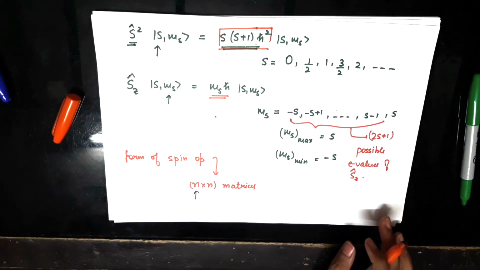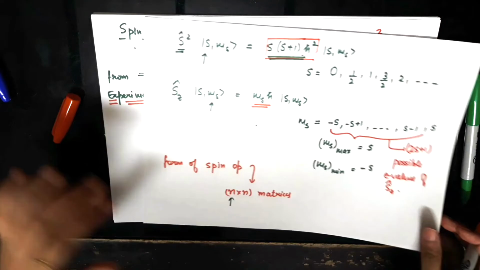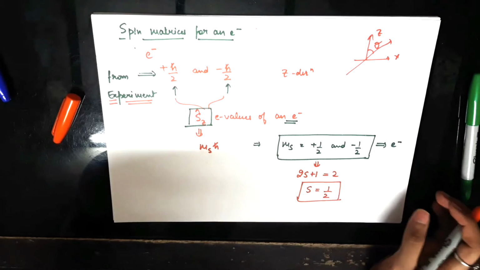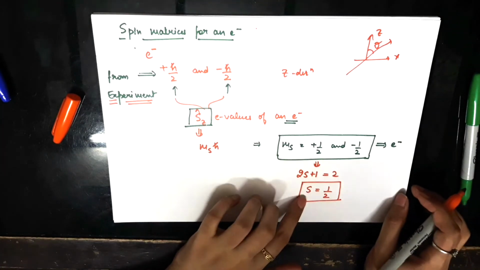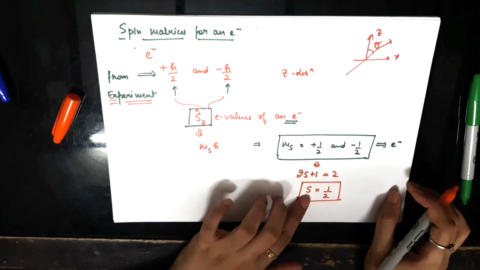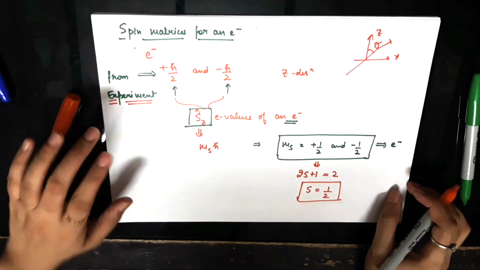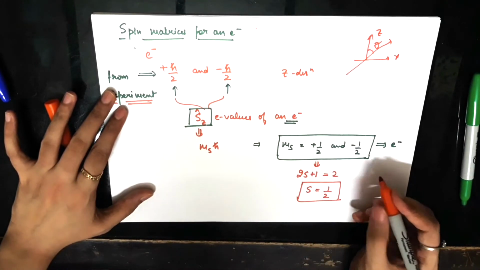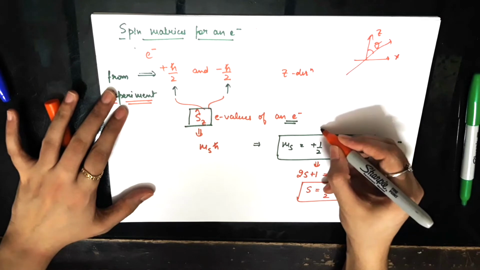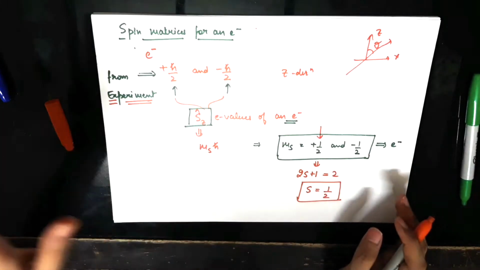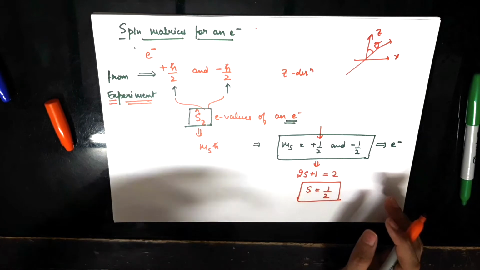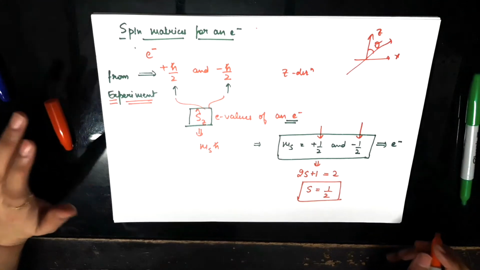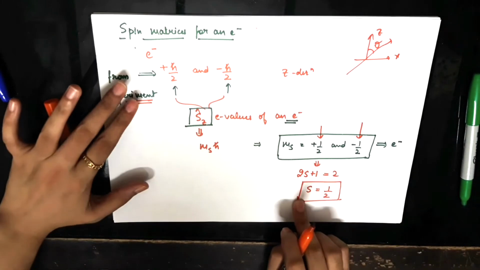operator. So by using the results from the experiment, I have extracted two very useful pieces of information. I figured out what s is, and from s I figured out what ms is, or you could go the other way around, it doesn't matter. And you can also see that because the maximum value of ms is plus s only, this is plus half, and ms doesn't go beyond plus half. It's not 3/2, 5/2 or any other value. And the minimum value of ms is minus s, so this is minus half, and this s value is half.